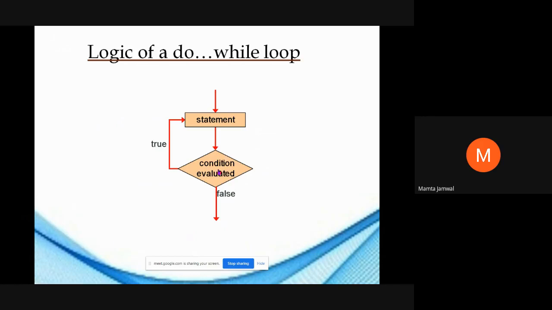So in this case, program control will necessarily execute the body of the loop once. It will execute, and then for the next iteration, or you can say when your loop has to be executed the second time, it checks for the condition, and if that condition evaluates to true, then it goes back to the loop again, and it again enters the loop, and if condition evaluates to false, it comes out of the loop. So that is the main difference between while and do while. In while the condition is checked